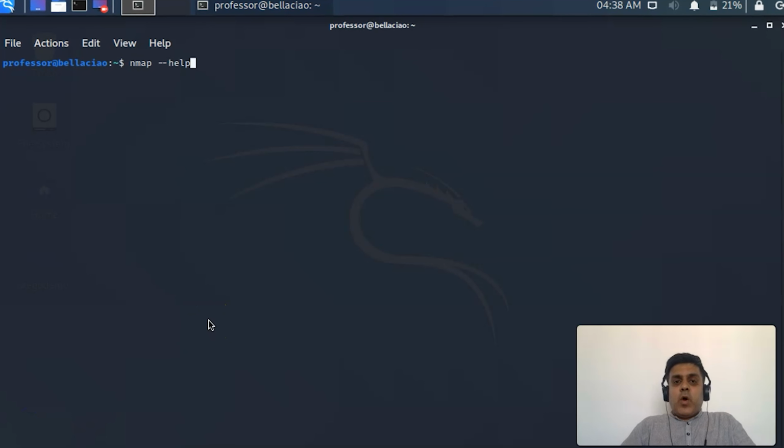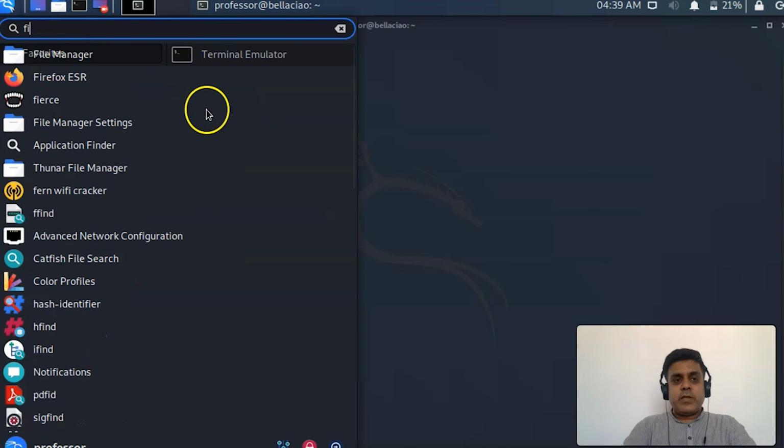Nmap was created by Gordon Lyon, and as I say, whenever we want to start a command, we should go first with the help file. Before moving on to the basics of Nmap, you can also check out that Nmap is available for the Windows platform also. So I will take you to the Windows site, and then we can check and you can download it from there too. I'll just open Firefox